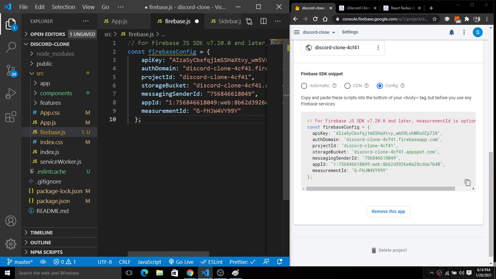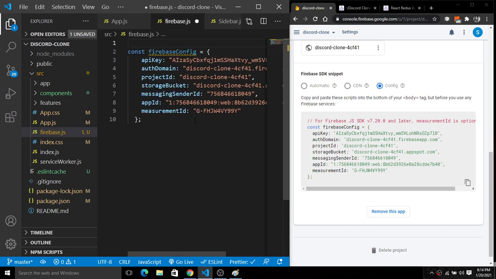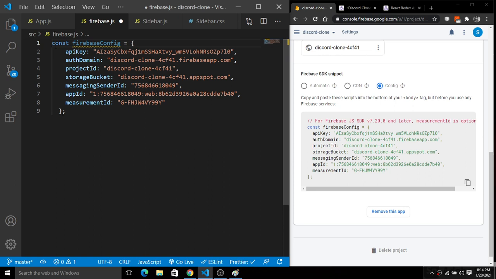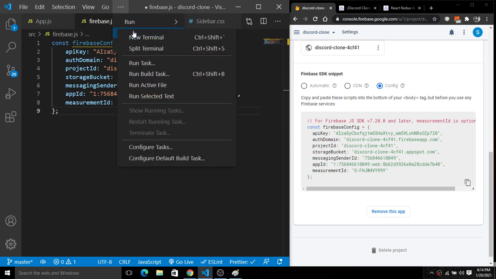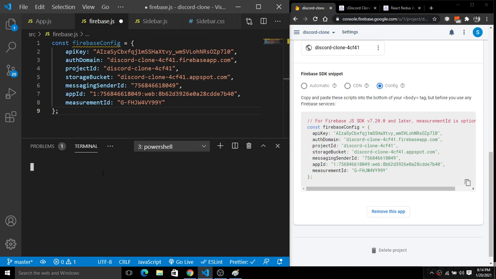Prior to using any Firebase services, you have to install Firebase inside your project directory first of all. So you have to install the Firebase dependencies first. For this, open the terminal and inside this terminal fire the command npm i firebase. It will install the Firebase dependencies and all the Firebase features and functionality that you are using in this build. So I'm going to install Firebase first of all here.